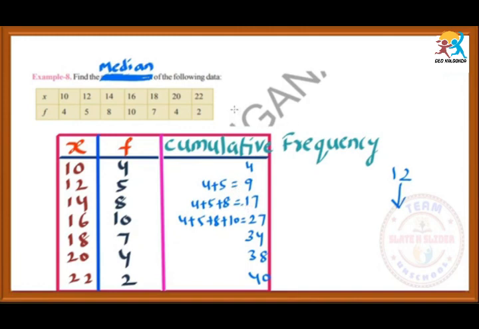Actually this is called less than cumulative frequency. The textbook is not given, but this is less than cumulative frequency. For one value we have to take the number of students who are less. Suppose, what is this 40? In the last one we got 40. What is this 40? It is the number of students who got less than or equal to 22 marks. So all the students who got below 22 will be present in this column, that is 40. So like that we have to find.